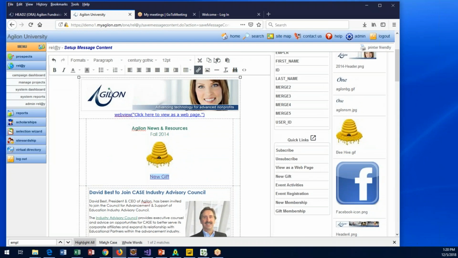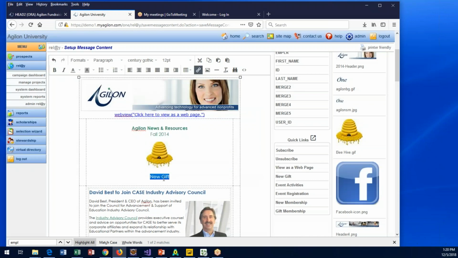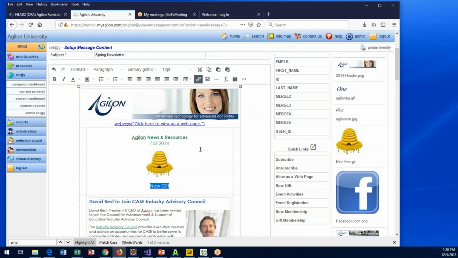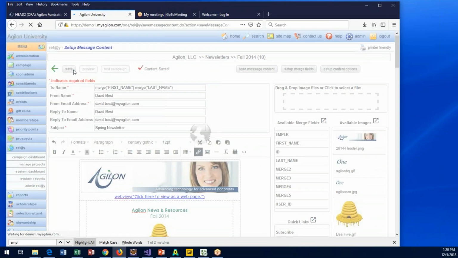So if I look at this link in the editor, we'll see that it's all set to come to my Constituent Connection new gift screen. And we've included all the different things you can do with that link. For instance, if I want to set a suggested amount to $250, if I want to open a designation to give to, set a reason code, those can all be pre-configured in these links, so that now when we save and preview,